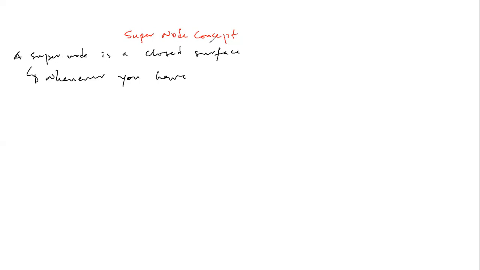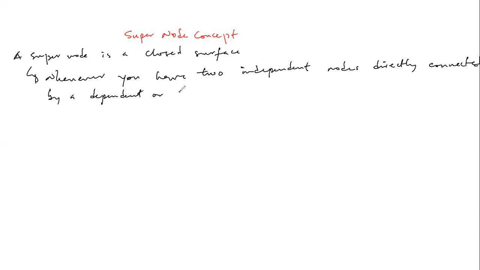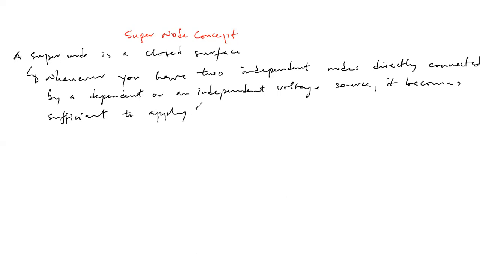So let's just put it down. Whenever you have two independent nodes directly connected by a dependent or an independent voltage source, it becomes sufficient to apply the supernode concept